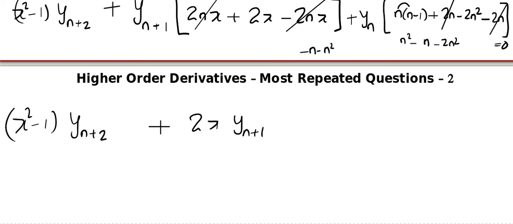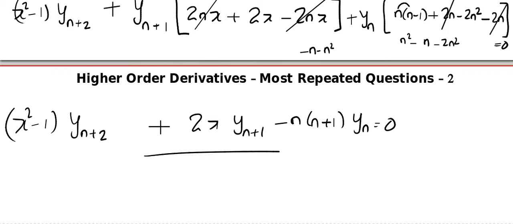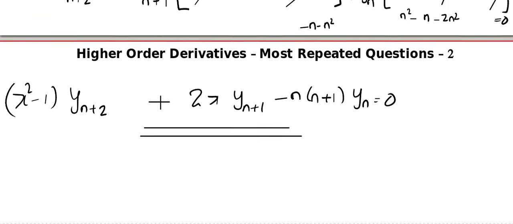So you can take common, so that's going to give you n plus 1 into yn equal to 0. I think now you have a clear idea what to do. So let's go for the next question. Okay, so the next question is y is equal to e to the power a tan inverse x,